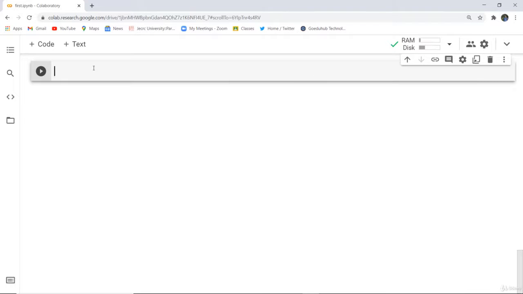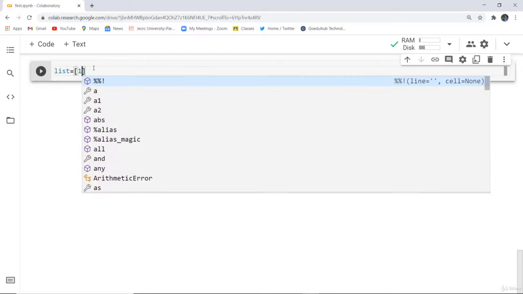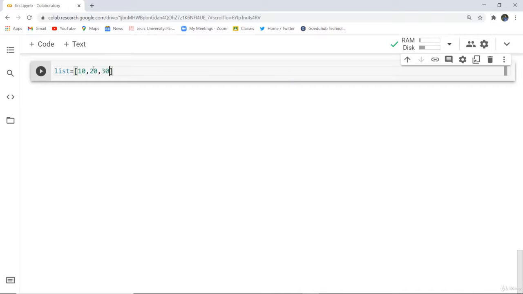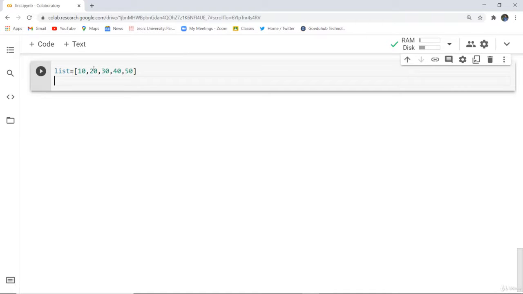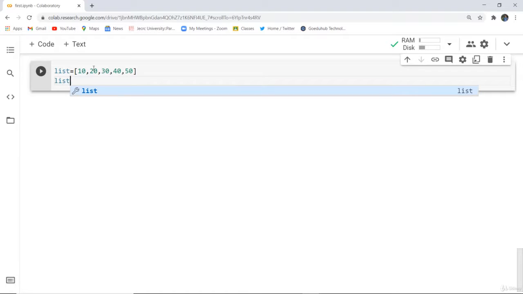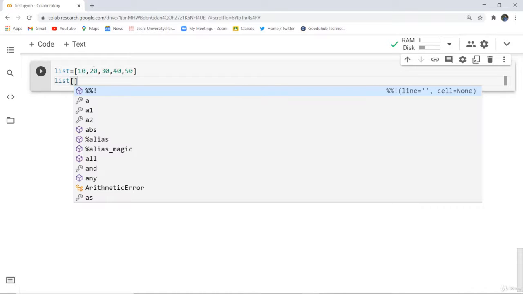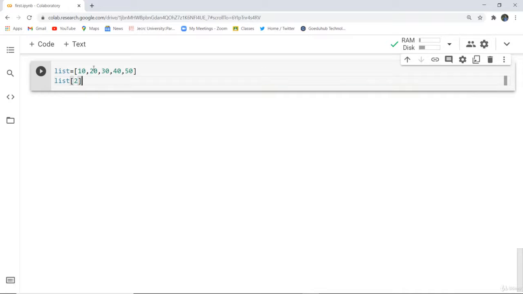Next, we are going to use several methods for adding or replacing in a list. For that, I'm using another list, 10, 20, 30, 40 and 50. This is the list which I am using for the several methods. Now, if I want to first replace an item, how can I do that? I will write the list name and mention the index at which I want to replace. Let's say the second index, and the value I want to give there is 55.